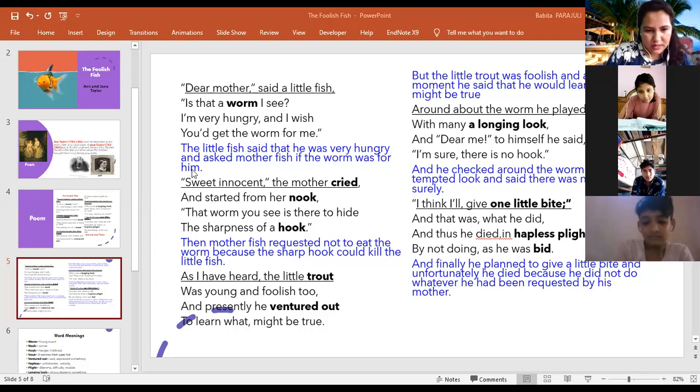That is represented as worm here. So he was very hungry, and he requested that